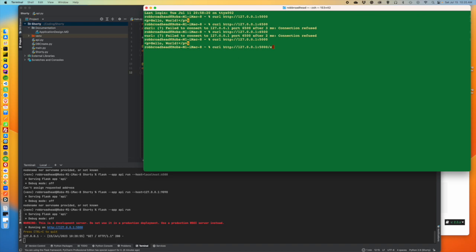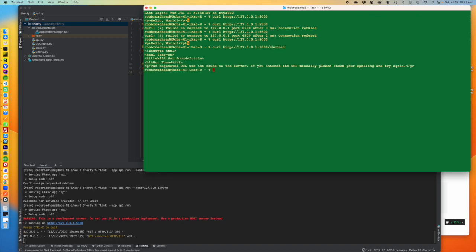But if I do shorten, now I'm going to get that it's not found because I did not provide a name. But if I do this and I do HTTP / some long URL.com / a = 1. I'm sorry, it's not a real one, but we're going to do it anyways. B = 2. So now we've got this big old thing. If we do that,